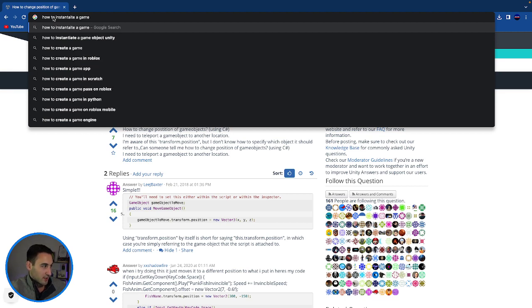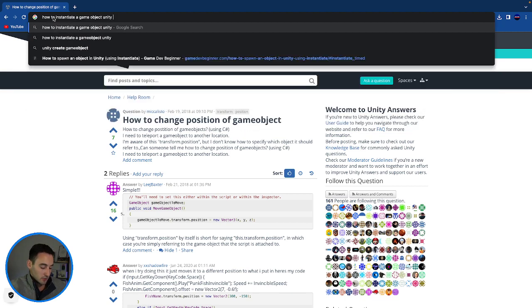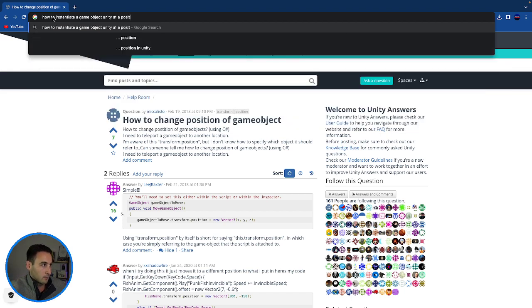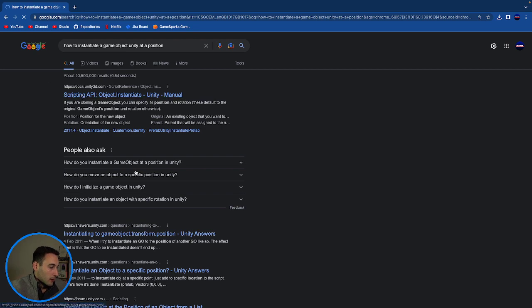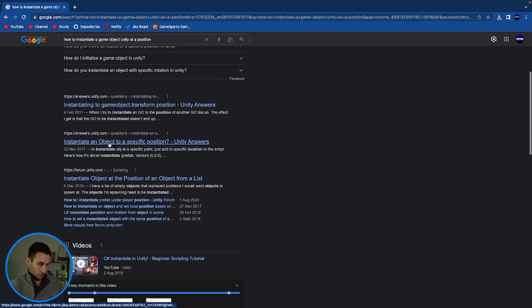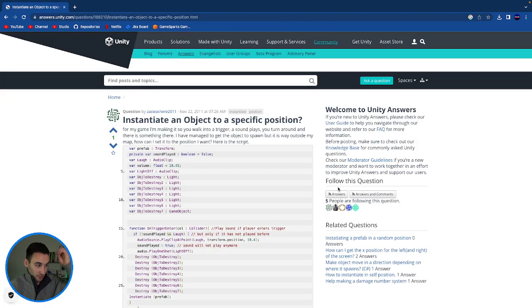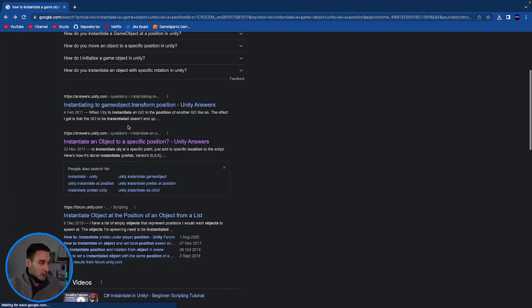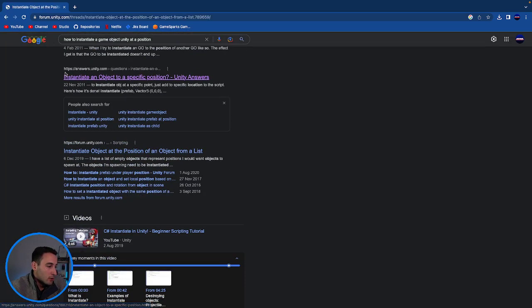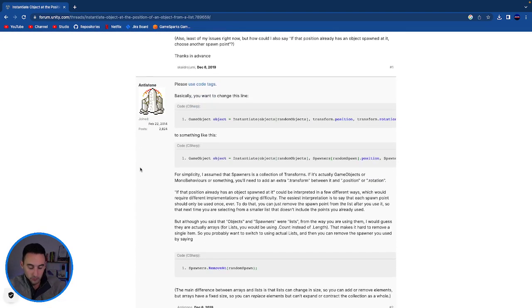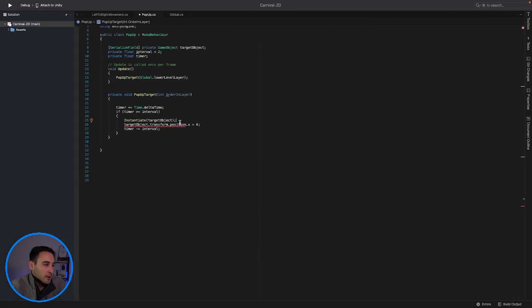That is not how you spell instantiate. Instead, instantiate game object in Unity at a position. We have done this in our previous games, but it's probably just easier to look it up. But also, this is something simple that I should know already, but I choose not to remember it. Okay, so let's say